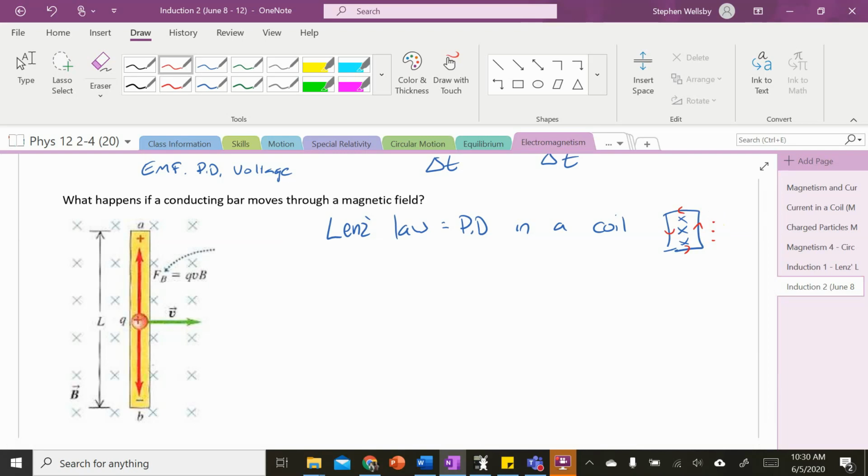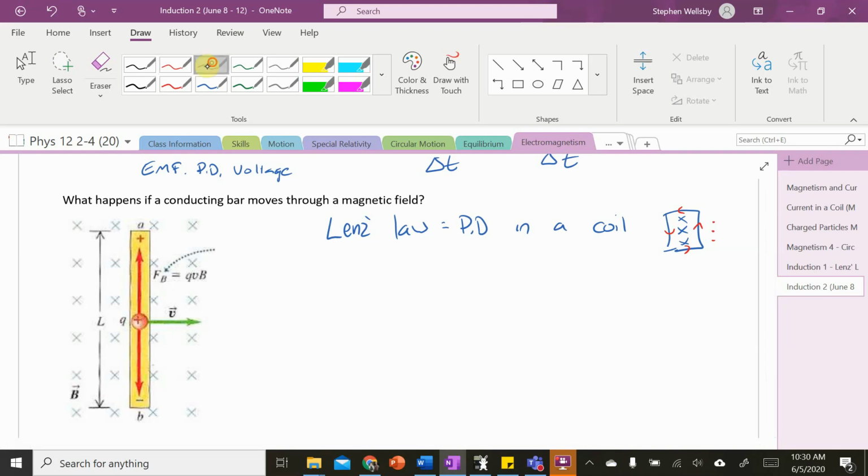Well, what happens if we just have a conducting bar? This is not a loop. Can there be a potential difference across a bar if it's not part of a loop? And the answer is yes. You certainly can have a potential difference where one part of the bar has a higher potential than another part of the bar. And the best way that I can explain this is I want you to think about